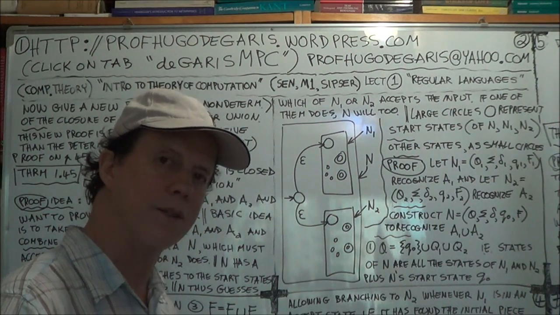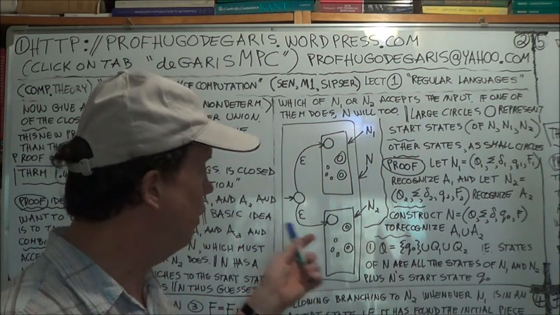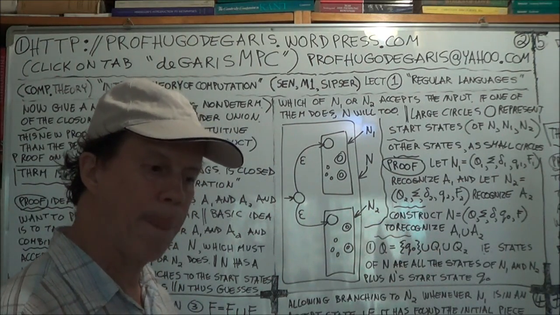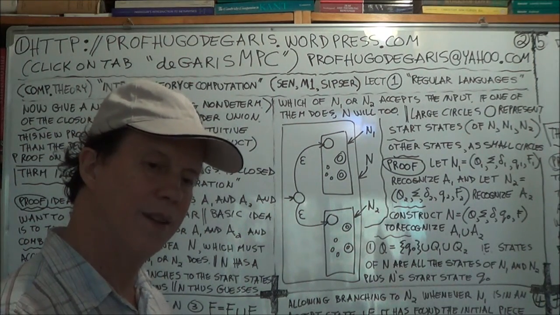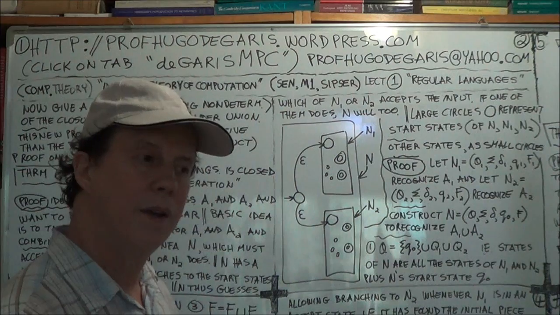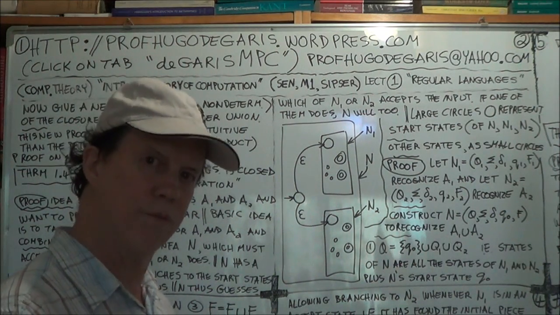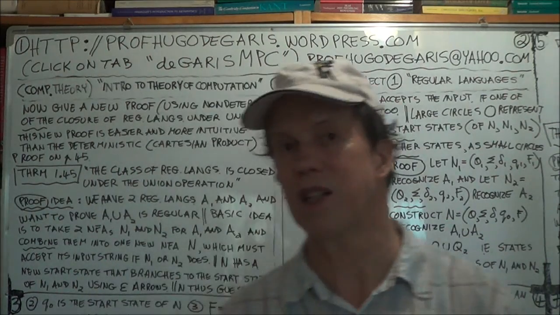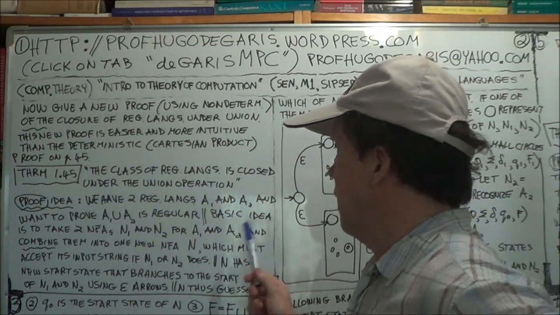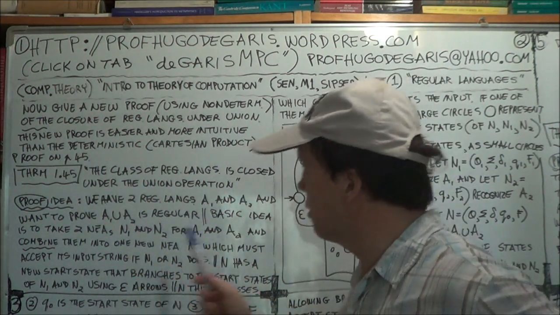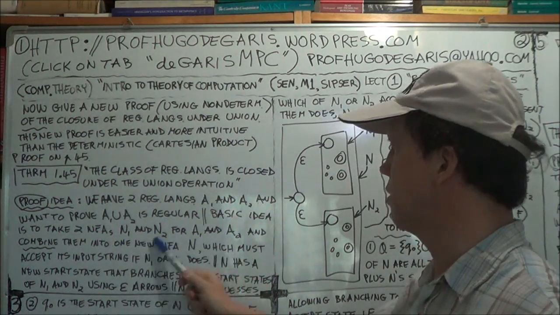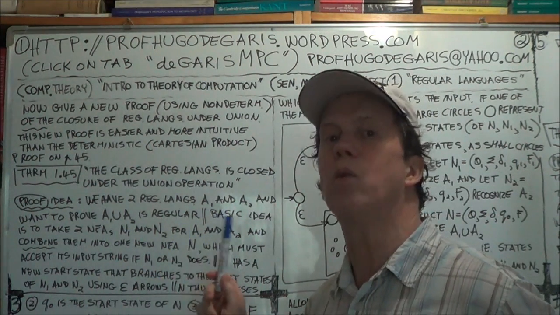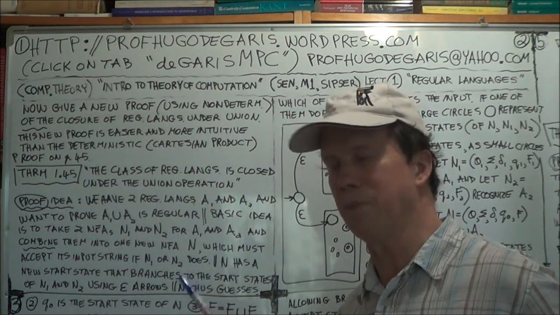Because it has some automaton that recognizes it, by definition. And that's true for any two languages A1, A2 belonging to the set of regular languages, and therefore that set, the class, is closed under the operation union. Hope you follow that. Again, it's a proof by construction. We actually build the thing, we design it. This big N has two components, N1 and N2. N1 recognizes A1, N2 recognizes A2. If N1 happens to detect A1, then N will. We designed it in such a way that happens. And if N2